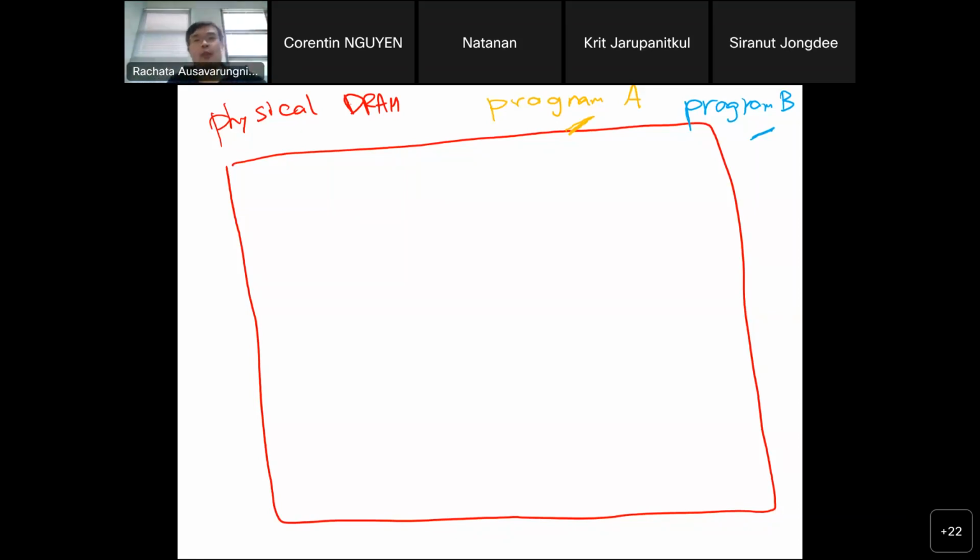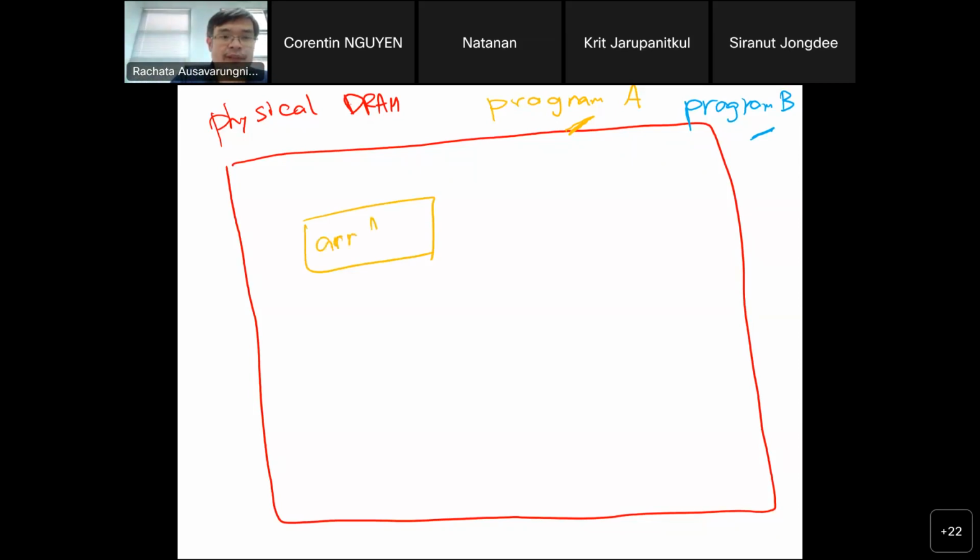Address 0, address 1, 2, 3, 4, 5, 6, 7. It's just that I don't have the room, so I just draw this box to represent the abstract version of the physical DRAM. So let's say program A wants to allocate a space for its data, and I name this array 1.